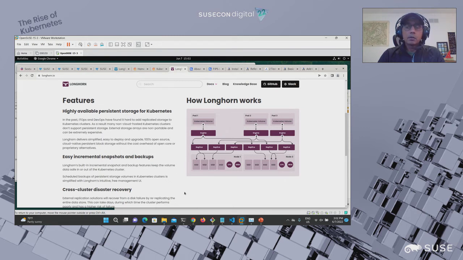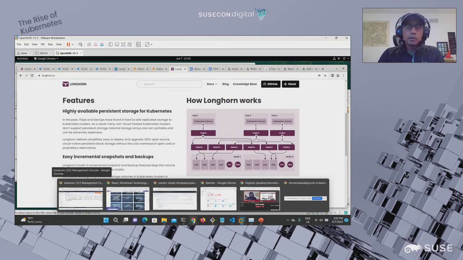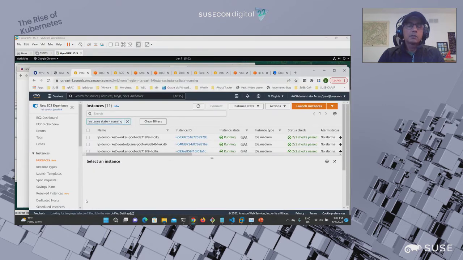Once those clusters are set up, the state of the clusters is kept in the etcd database. So it's critical for you to be able to, out of the box, start to back up etcd. Let me give you a quick view of how I achieved this.